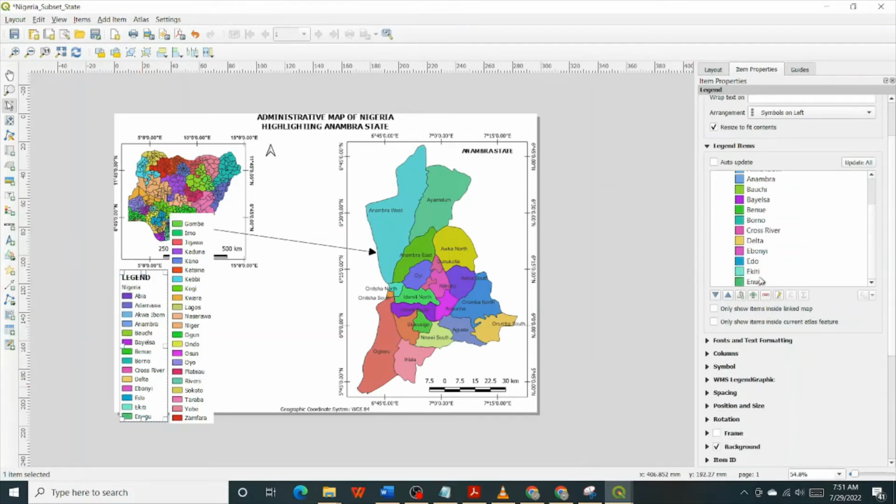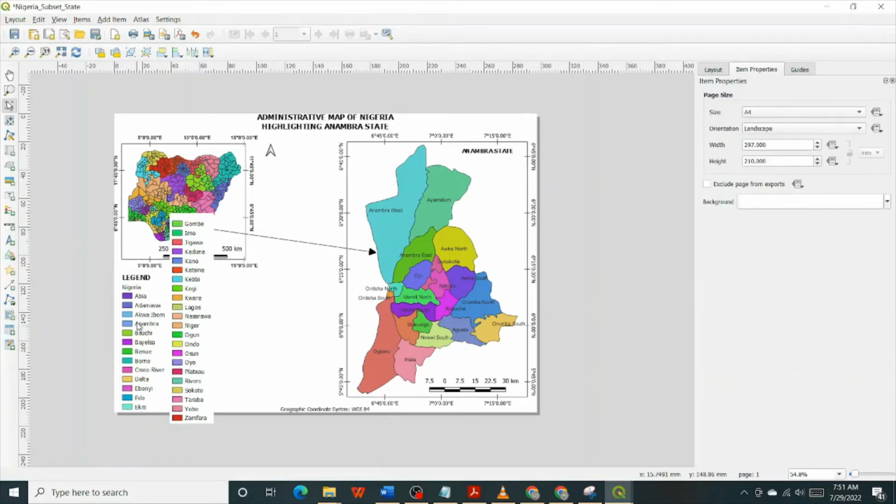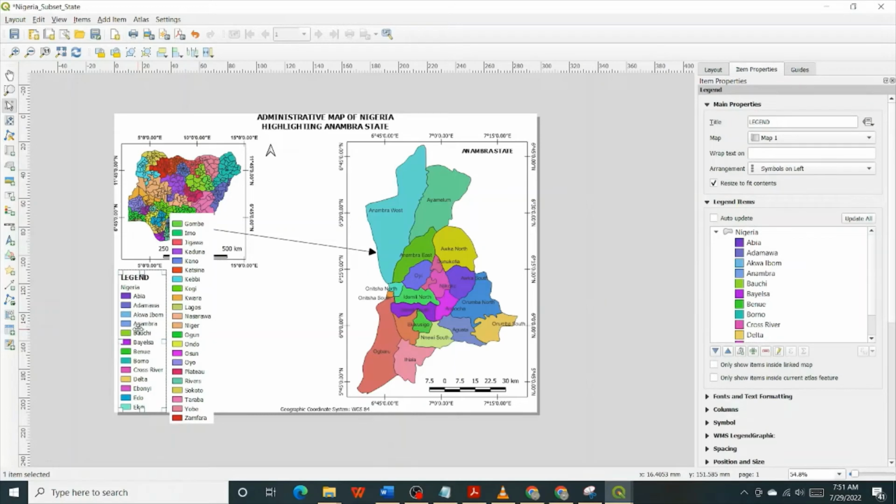So scroll down still, go to Enugu, delete. Now that's better. So if you click outside, now it's accommodated within the map. So select the second legend that is there. I need to bring in Enugu State